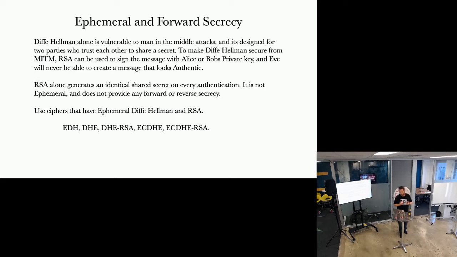So the takeaways from this are something like this. You've got ephemeral and perfect forward secrecy. RSA, the asymmetric encryption method, has been used for many, many years and always generates the same number at the end of the exchange. So when you authenticate using RSA, you get the exact same number. That means you get the exact same RSA key, AES key, and that means that every session you make with another partner gives you the exact same key to unlock that AES algorithm.